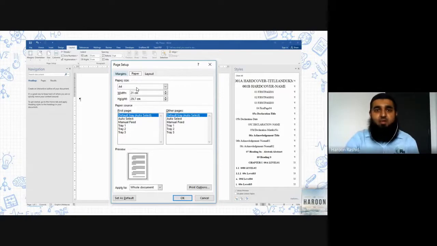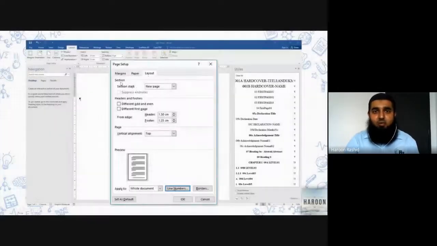And then the next one is layout. In the layout, two things you have to care about: header and footer. Header must be 1.5 cm, and footer by default is written there 1.25, or maybe in some of your PCs it will be written 1.27. Doesn't matter.